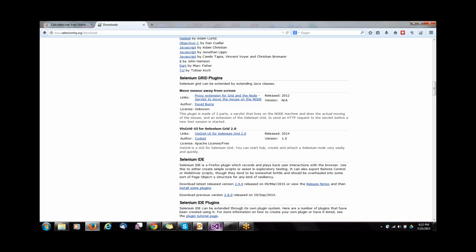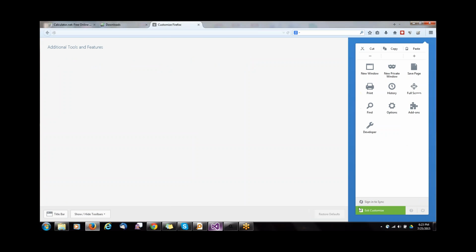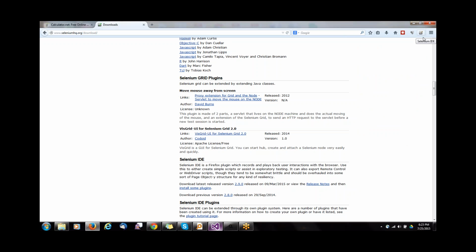After installing, you may be seeing an icon like this. If you are not seeing it, most probably you might have hidden that icon. So try to go to customize and add that icon from your extensions, depending on your Firefox browser. Just make sure that you have this icon, whatever you are seeing over here, so that you should be able to follow through. When you click that icon,